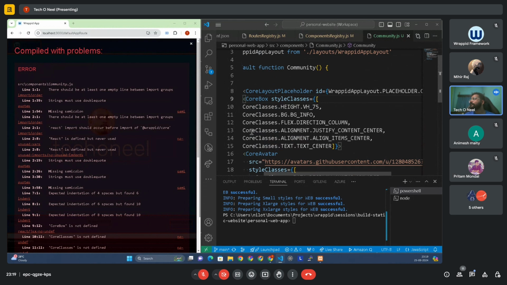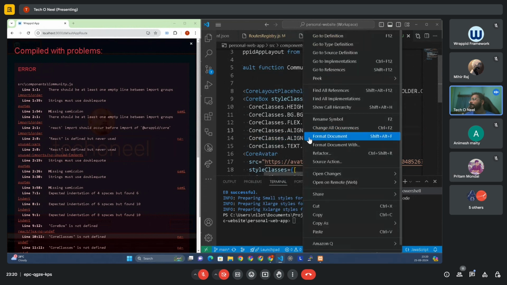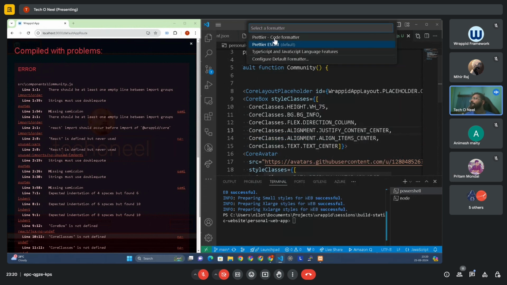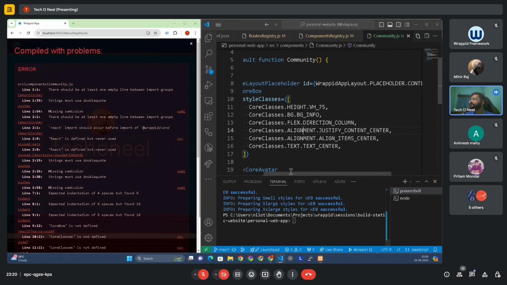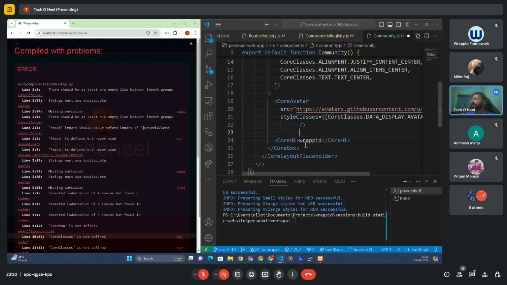I think what this is basically telling us to do, let me just quickly format the document. I think we have to go something which is